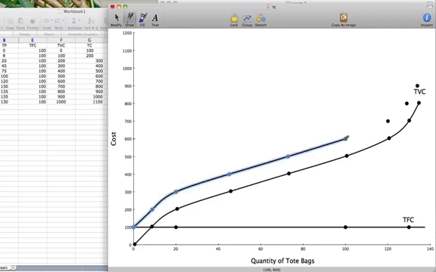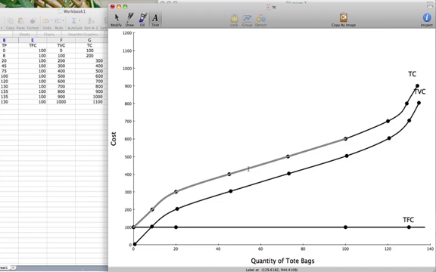The reason total cost increases with the amount of tote bags produced is because total variable cost increases with the amount of goods produced. Notice that total cost is parallel to the total variable cost curve. In fact, the total cost curve is simply the total variable cost curve shifted up by the amount of the total fixed cost. Since total fixed cost plus total variable cost gives us our total cost,